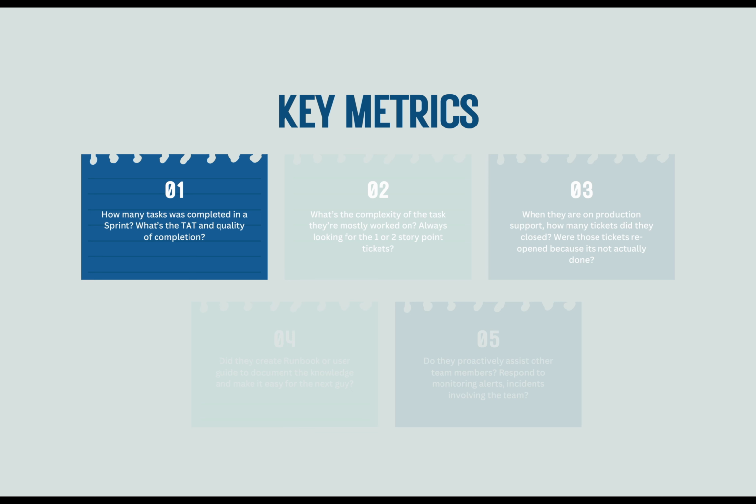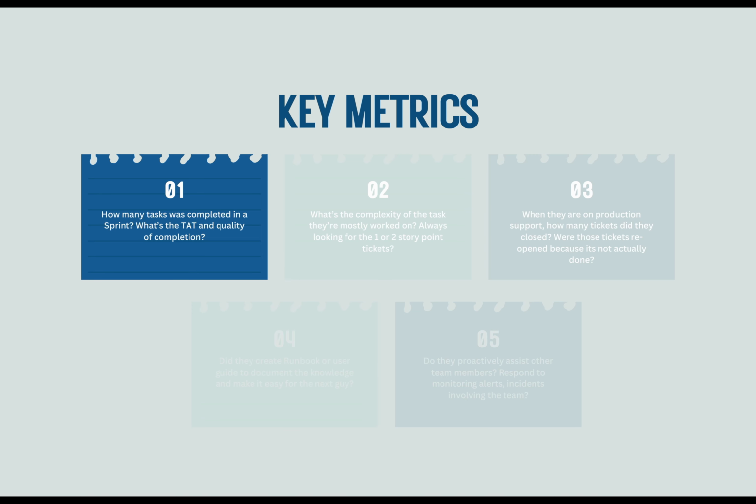Another example is that we also don't want an engineer that is doing 1 or 2 tasks in a sprint, whereas other engineers with the same role, at the same level, at the same cadre, are doing 10. So we need to be able to make that distinction and evaluate this so that we can quickly work on it or take the appropriate action. And of course, it also helps us to identify high performance, right? We are able to see someone that is always going above and beyond, completing all their tasks and meeting their sprint objectives consistently. As a manager, this helps you to identify the high performers, and then you can reward such people,